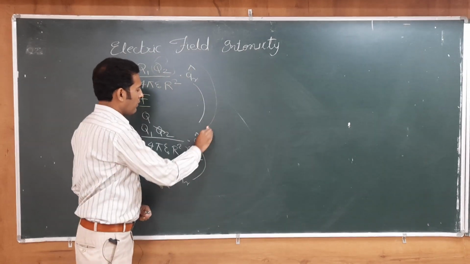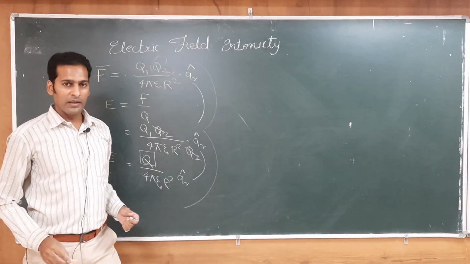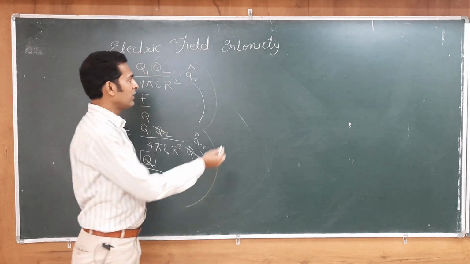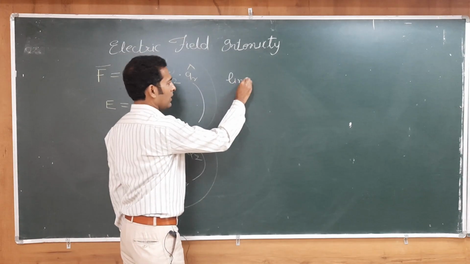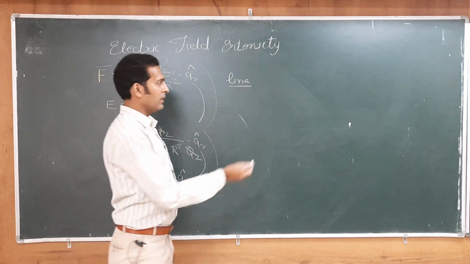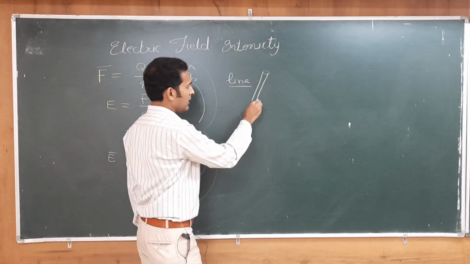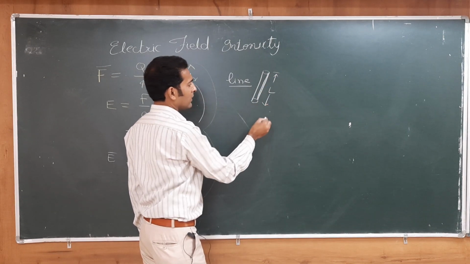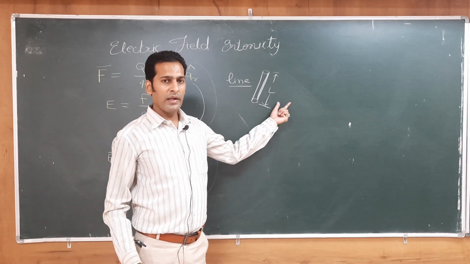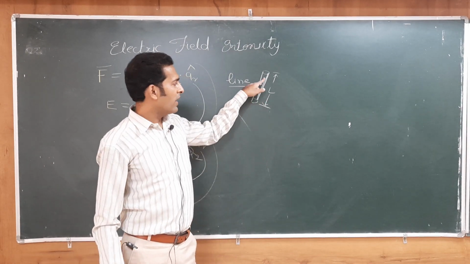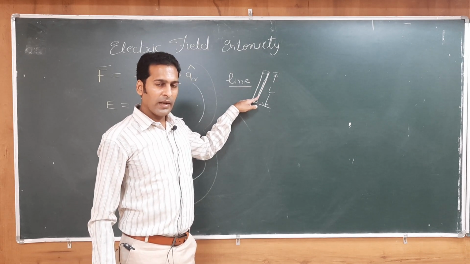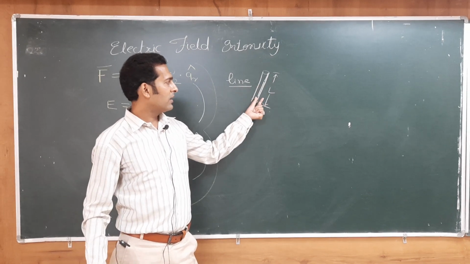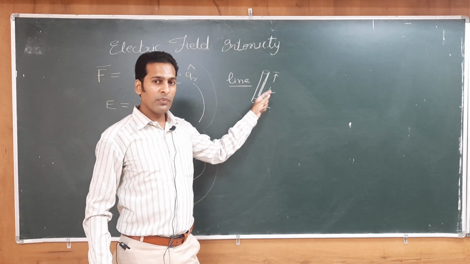So, for distribution of electric field intensity, we may have various possible shapes. The electric field intensity may be due to line charge. So, this line charge may be a conductor wire. So, say this is a conductor of total length L, which is applying some kind of force on the surrounding region. So, if my antenna is of this shape and I have to calculate how much force it is applying on any other point, then I will say that there are a number of charges, source charges, present on a line.